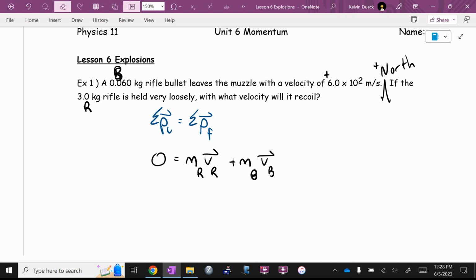Velocity. Yeah, which one? Rifle or bullet? Because which one did they give you? They want me to find the other one. As far as I'm concerned, I can give you either velocity and you can find the other one. I'm going to put a dot above that. Okay. How are we going to get it by itself? I guess first, Lauren, I need to move this over. How will I move that over? Yep. And since it's 0 minus that, I think all we're going to end up with is negative mass B, velocity B,